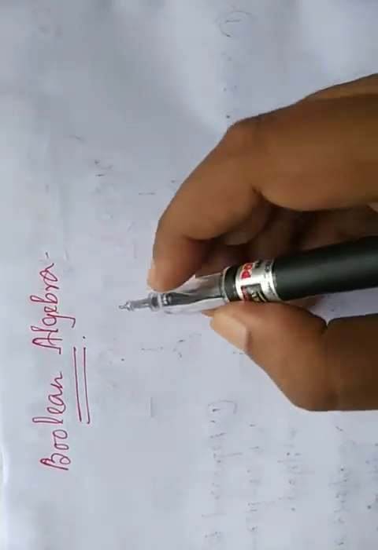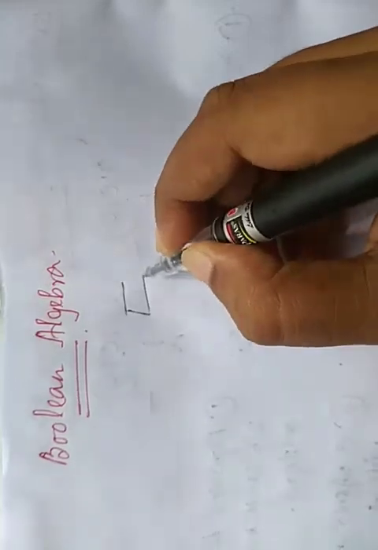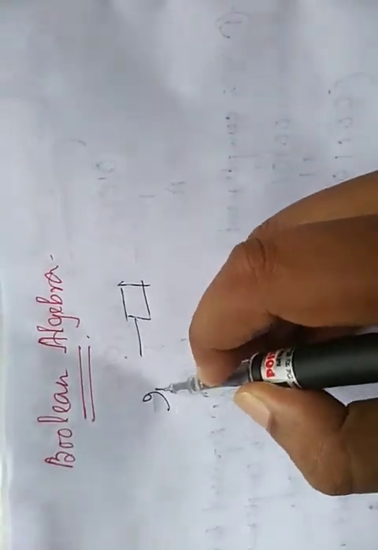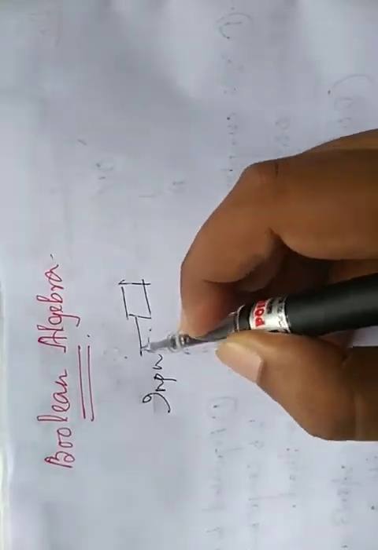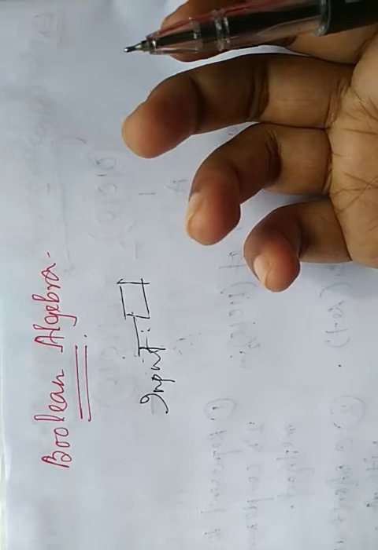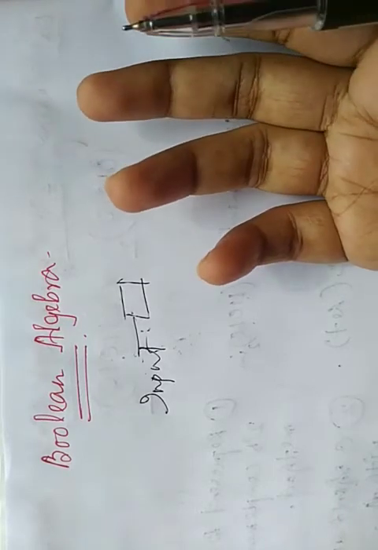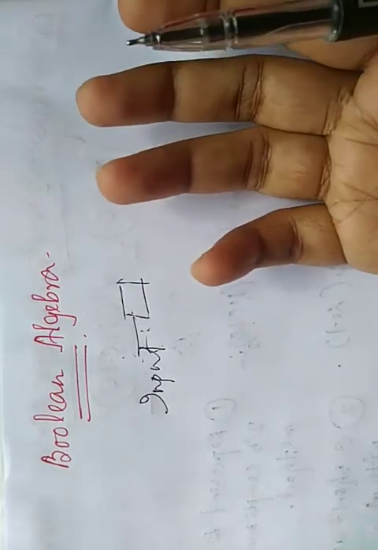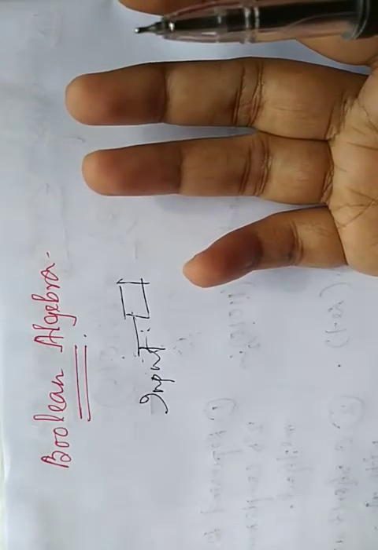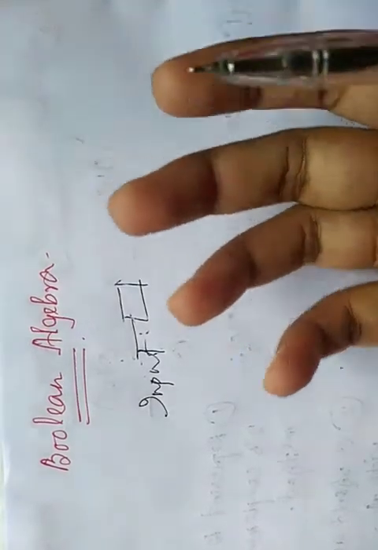So what is a circuit? In a digital circuit, suppose this is a circuit, and for every circuit there must be some input, meaning input signal. For any electric signal, whenever we get light, electricity passes through the wires, that's why we get the light. Okay, so that same thing is in our digital circuit also.